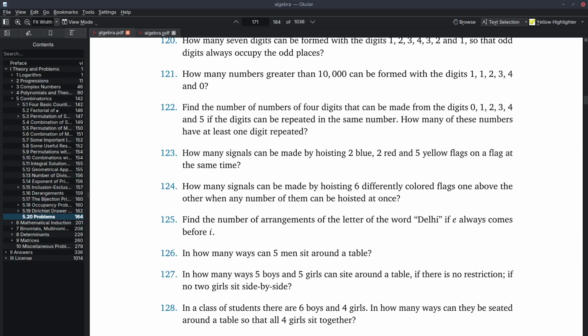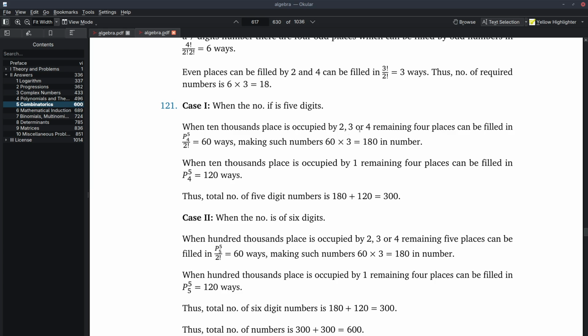Hang on, 121, right? Yeah. So 10,000 place can be occupied by any of the digits actually. 0 cannot occupy it. And remaining 4 places can be filled in 5p4 by 2 factorial ways because 1 comes twice. So 1, 2, 3, 4. No, it is taken separately, sorry. So when 10,000 place is occupied by 2, 3, 4, the remaining places can be filled in 60 ways,